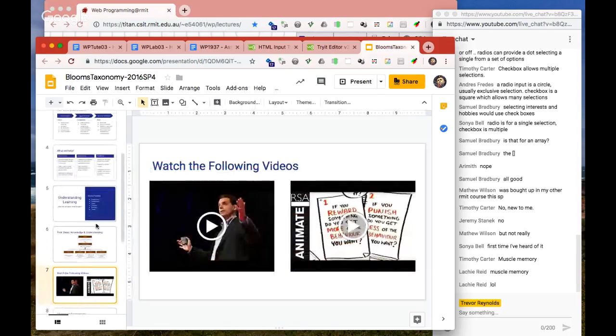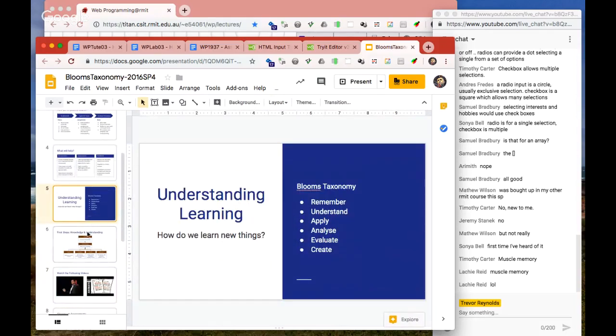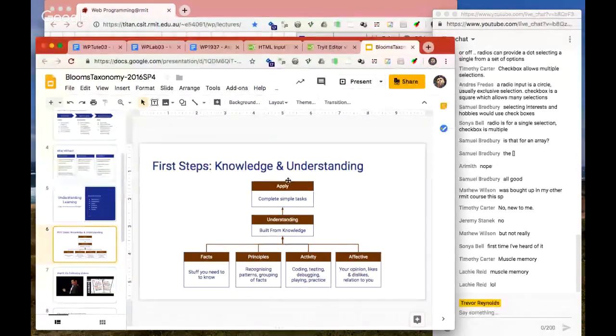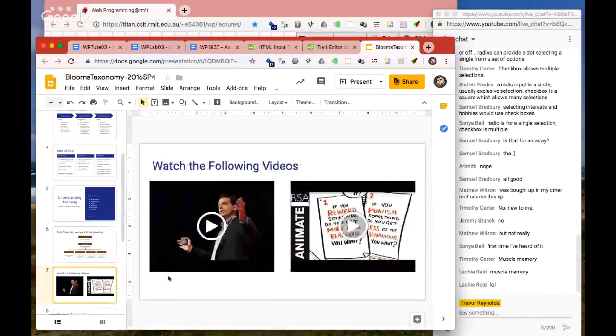So what RMIT, or what our school's been a little bit guilty of, is really only testing your ability to get to the application stage. We put out things, get you to follow steps, and check your ability at recalling things and demonstrating you can follow instructions. And what I've got here is